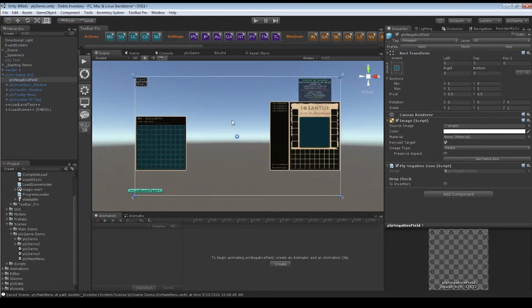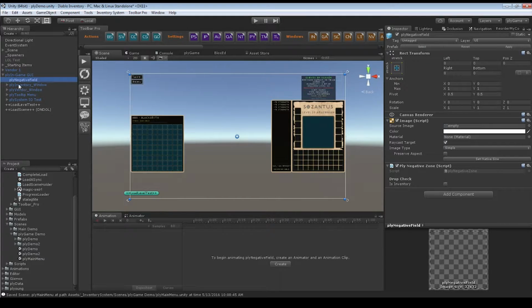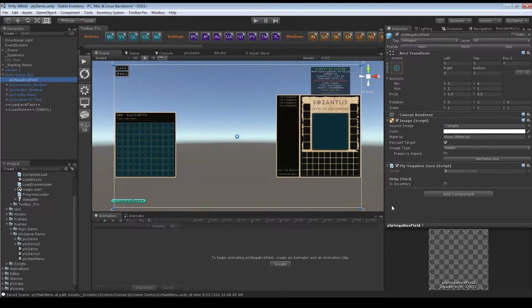So this whole background is at the very back of the canvas. So basically how this is working, if it's not the inventory, and it's just the dead zone, which is why this whole thing is called negative field. If I drop any item from my inventory into any of this field and it scales with the screen, it's going to trigger my drop